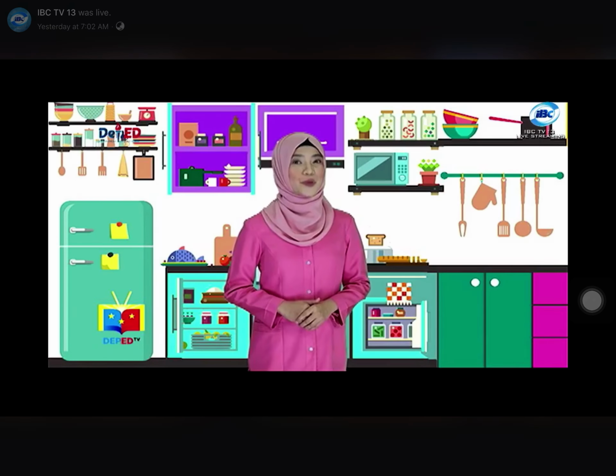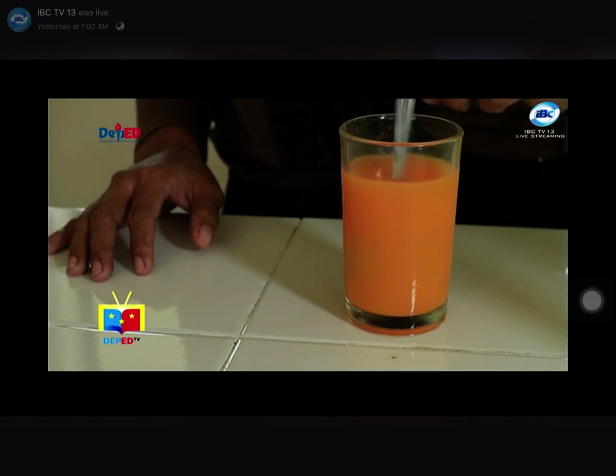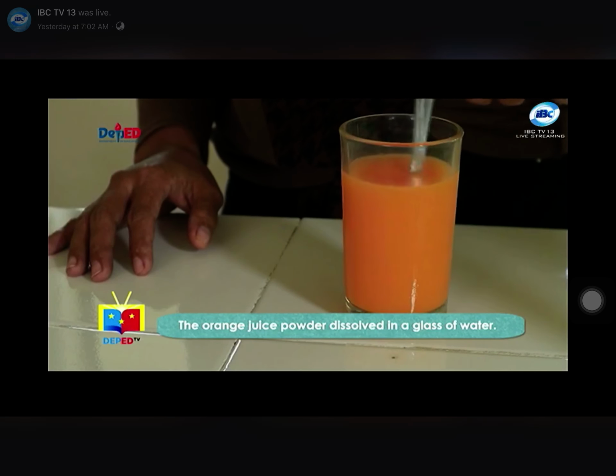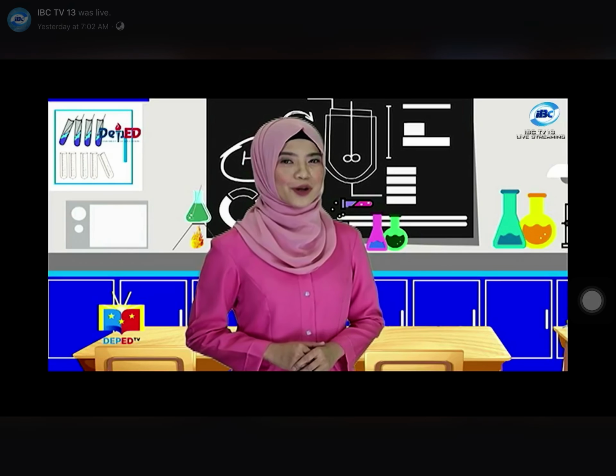What have you observed, my dear learners? Great! The orange juice powder dissolved in a glass of water. What happened to the color of the water? Excellent! The color became orange. How about the taste? Very good! It became sweet. Young scientists, before we proceed to our lesson today, let us recall our lesson from our previous